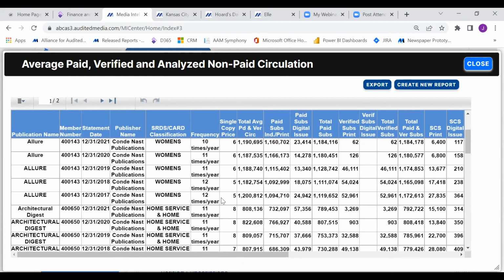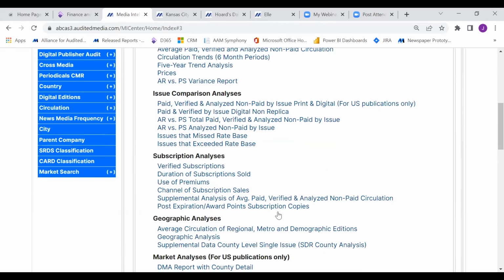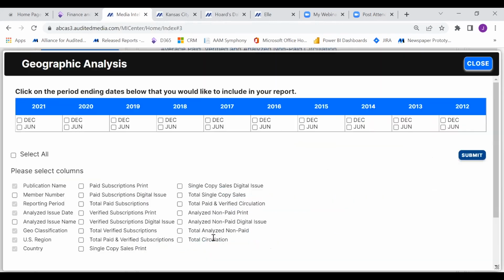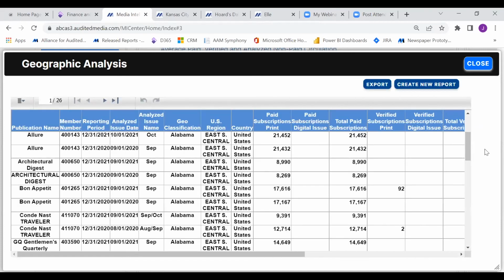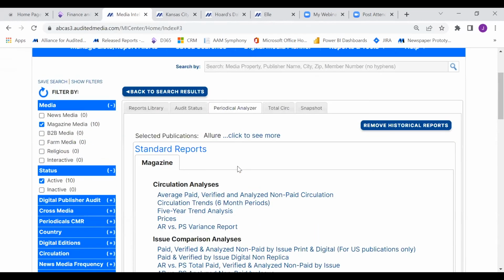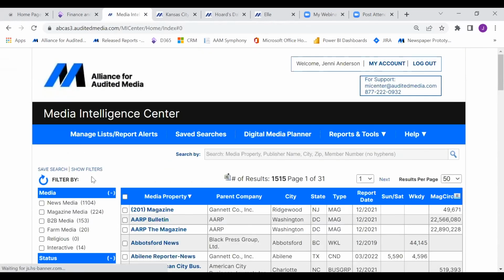The 5-year trend does provide information, but sometimes you want to look at that 6-month period over period. And it works for all of our reports. You go into your geographic analysis and you pick your periods that you want, and then you run your geo report. So that's there. Let me close out of here. That's our periodical analyzer. Let me click reset